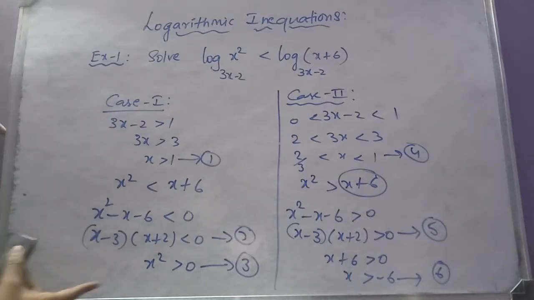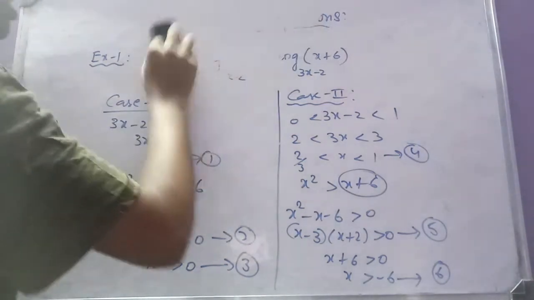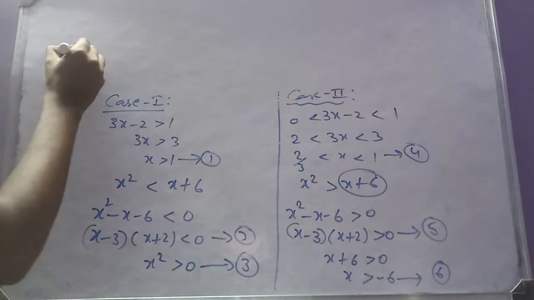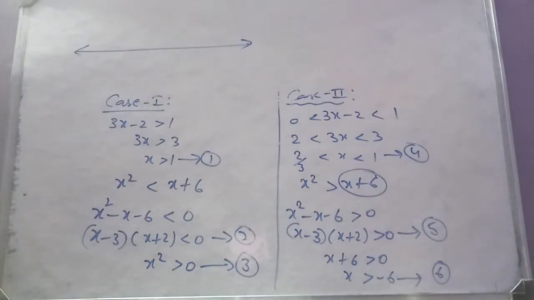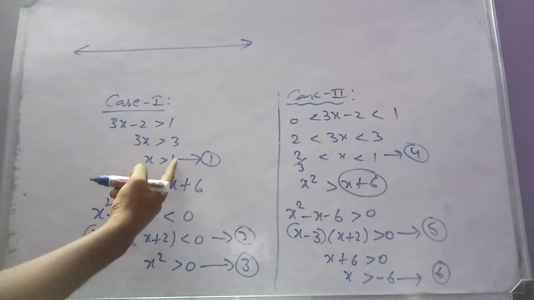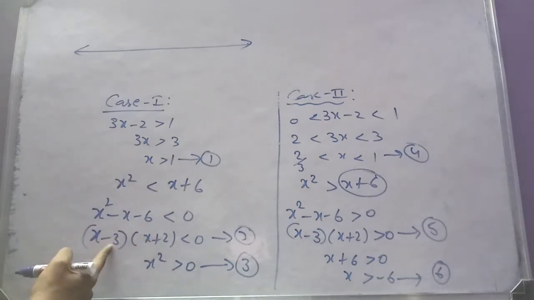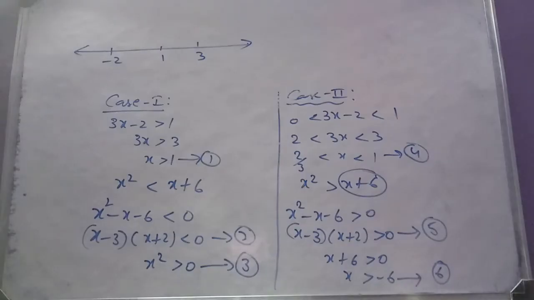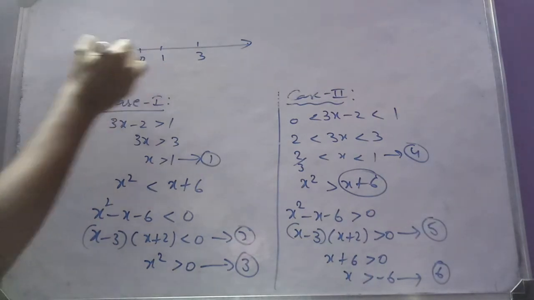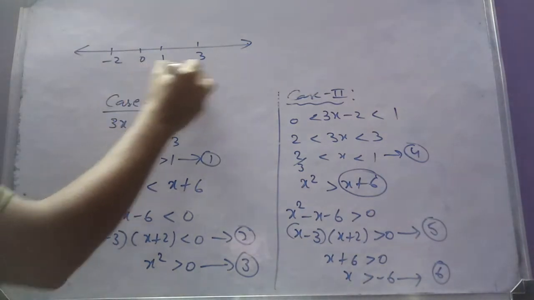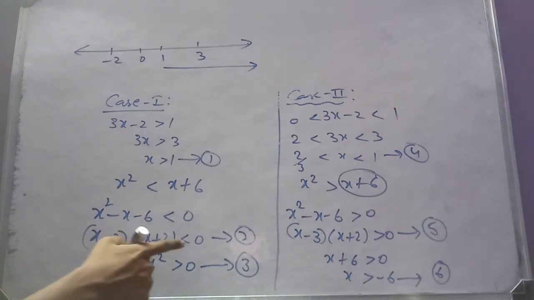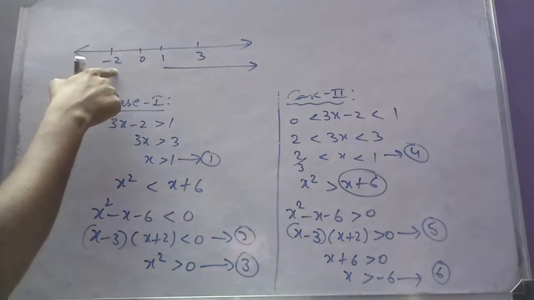First we'll go with the solution set of case 1. I'm erasing the question. Let us go for the solution set of only case 1. Take out the zeros. From here 1, from here minus 2 and 3, and from here 0. So first minus 2 and then 0, then 1 and then 3. This says that x is greater than 1, and this says that x is in between minus 2 and 3, because the symbol is less than, x is between minus 2 and 3.